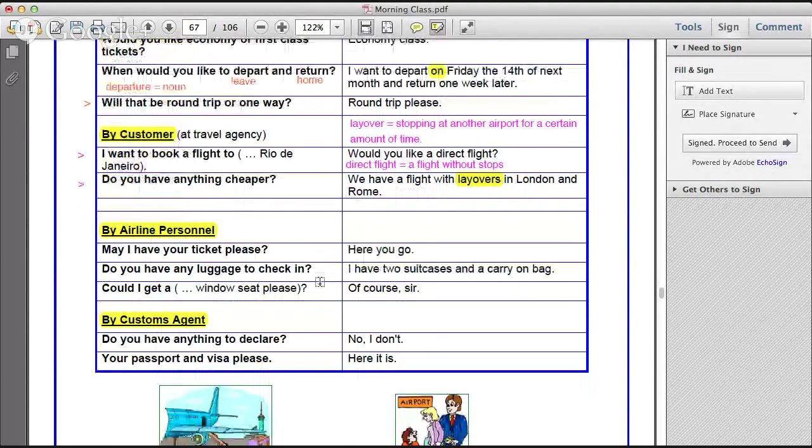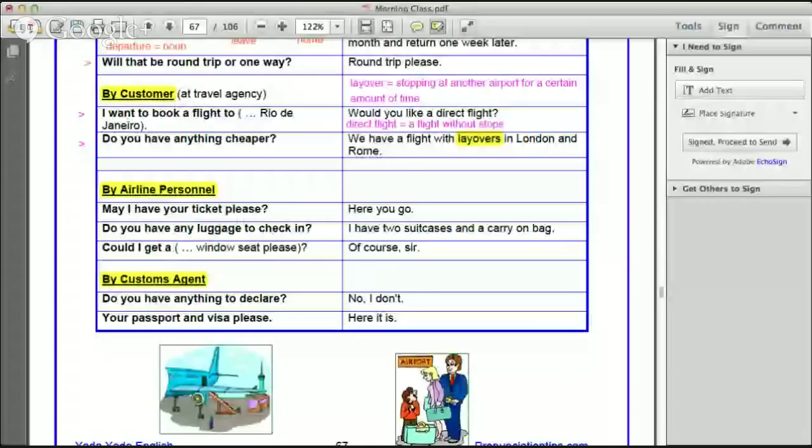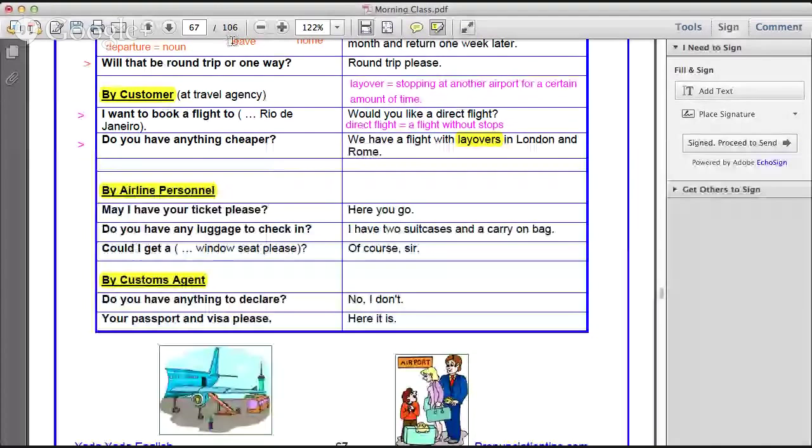Okay, let's go to our next set of expressions and responses. Let's go to Osama. Okay, and go ahead and read our next one, please. Okay. By air personnel. May I have your ticket, please? Here we go. Okay, all right. So,